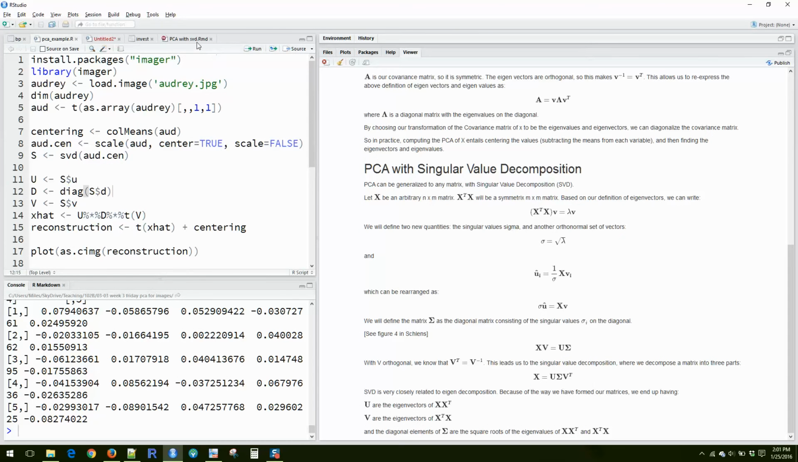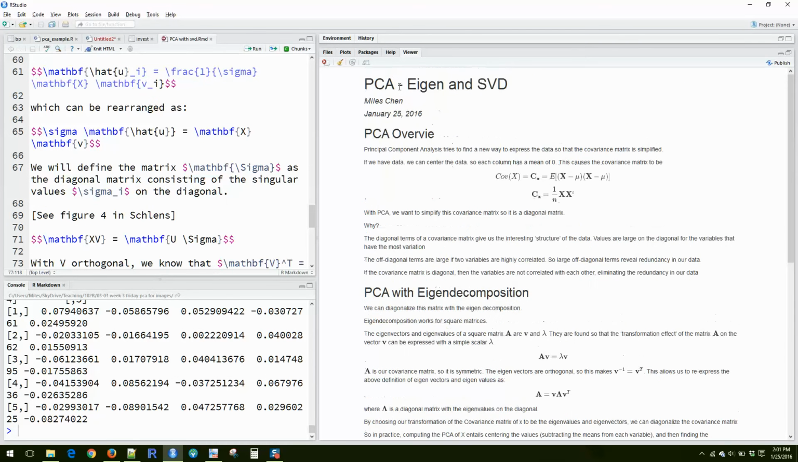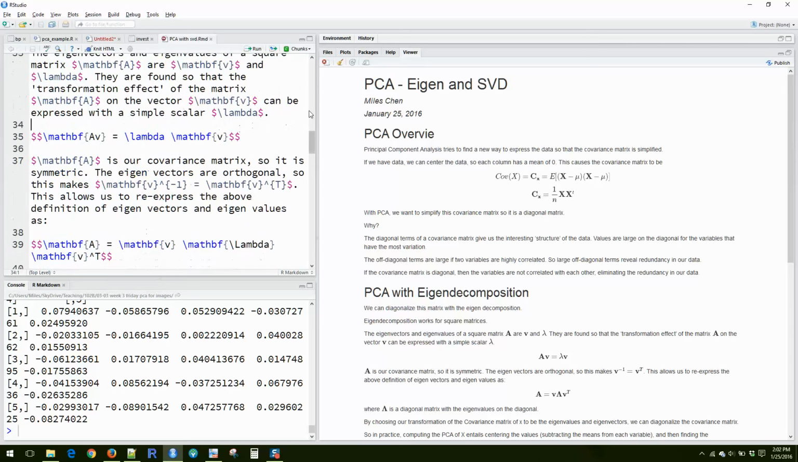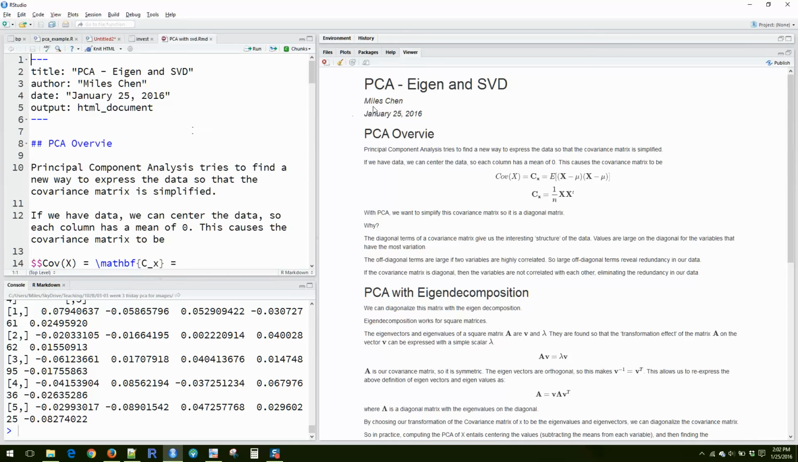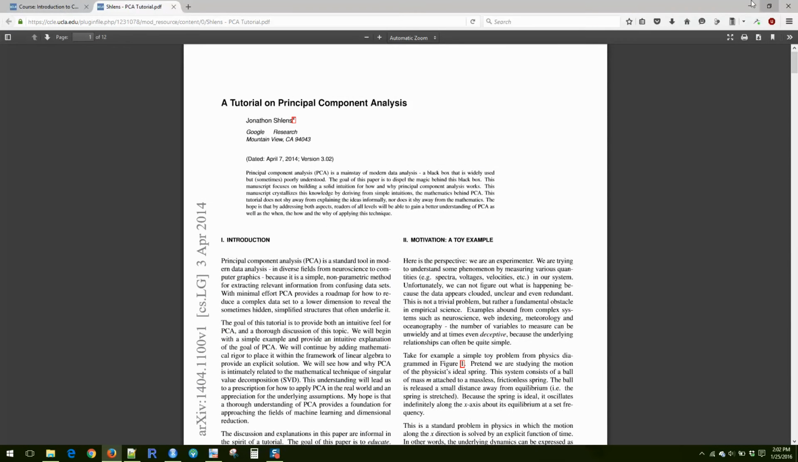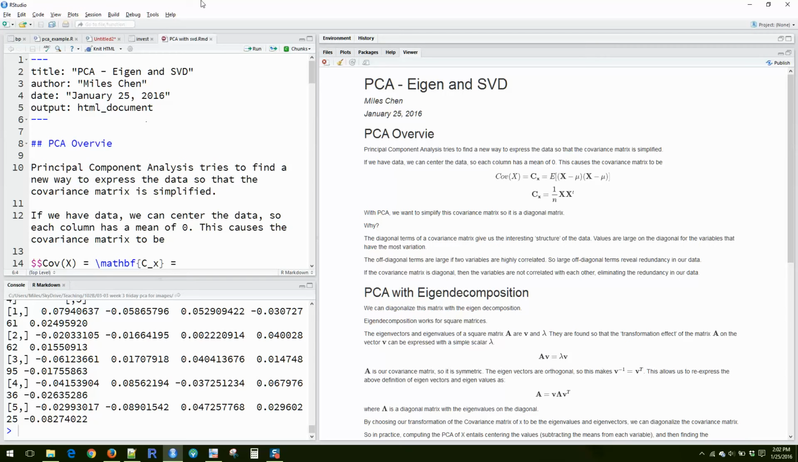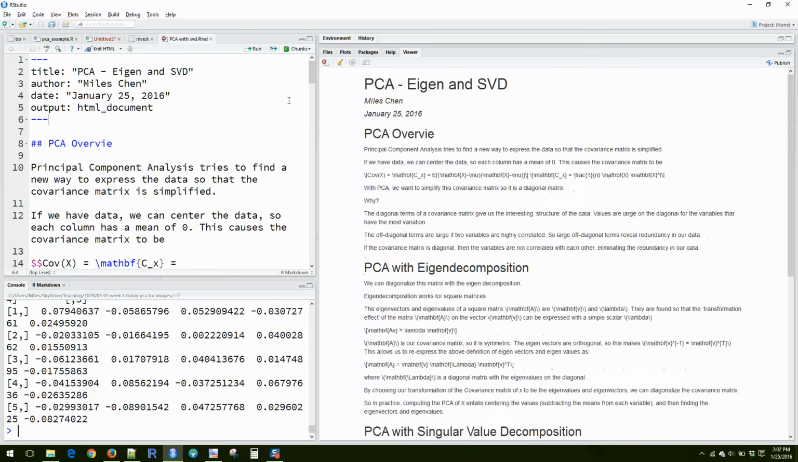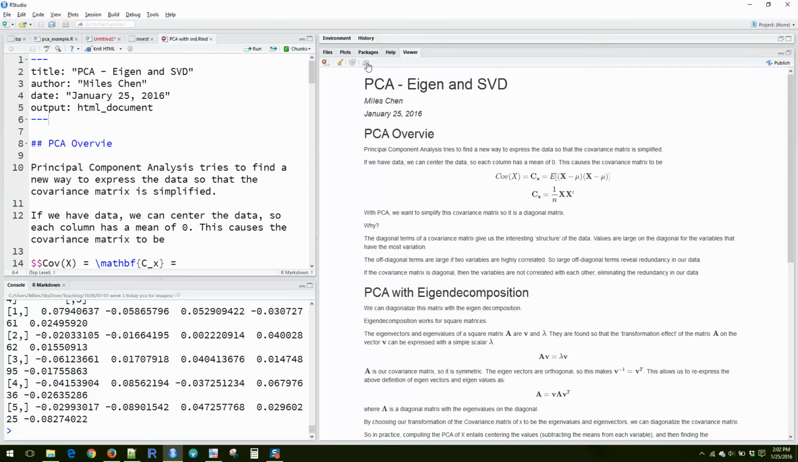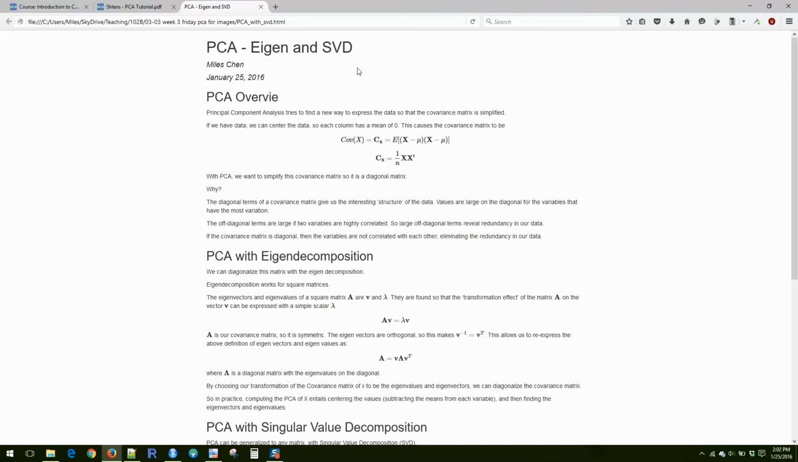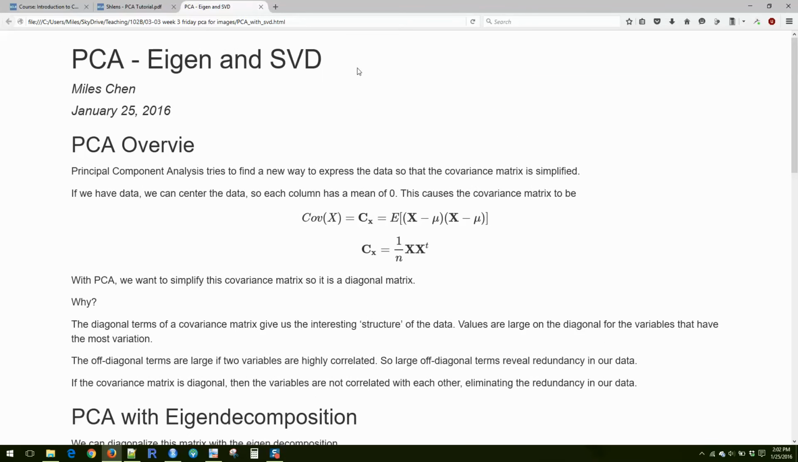Here, I have this. Just wondering how much I need to recap on PCA. Okay, so can I zoom? What's going on here? Let me. Okay, so